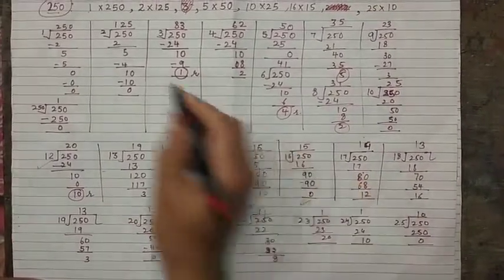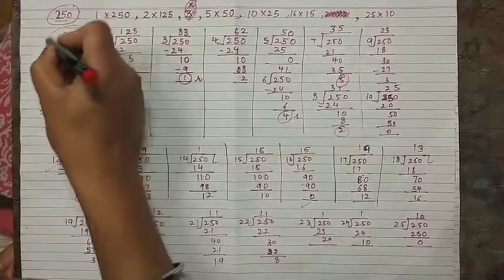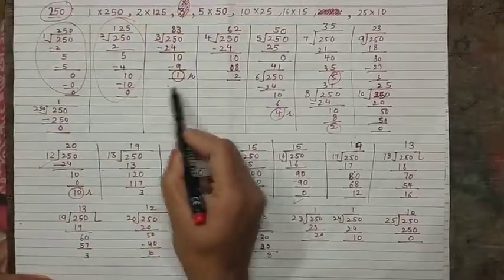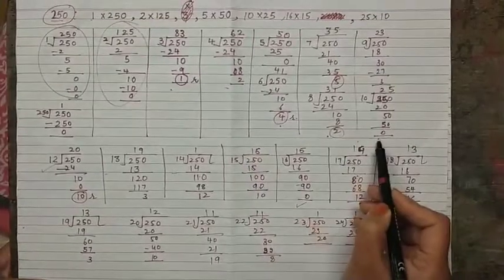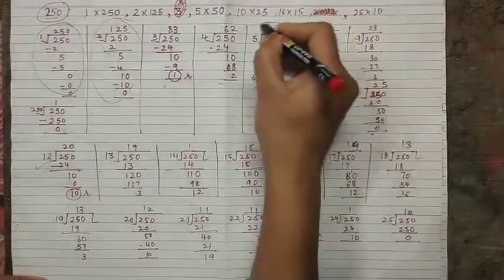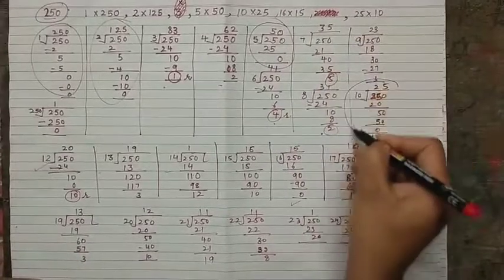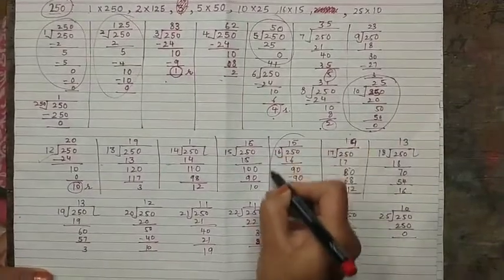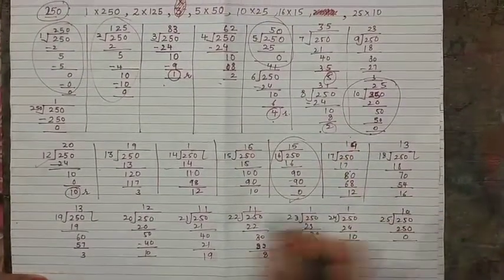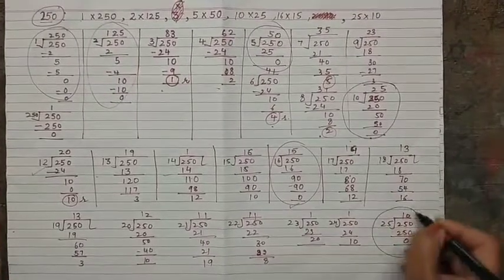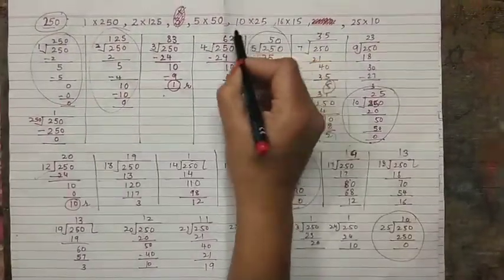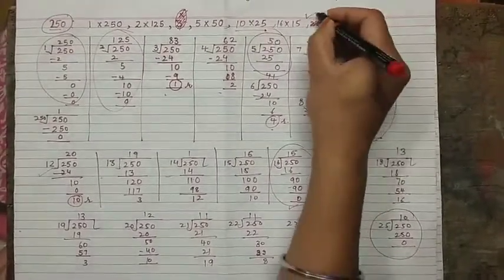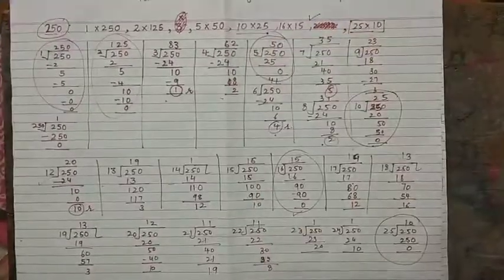So I have listed the factors. So first is 1 and 250. Second one is 2 and 125. Here we are left with remainder here also, and 5 and 50, 10 and 25, 16 and 15, and thereafterwards 25 and 10. अब 25 दोबारा आ गया, ये देखो यहाँ पे, this was 10 and 25, 25 and 10. That means you have to stop here at 16. When the gap becomes very small, then we have to stop.